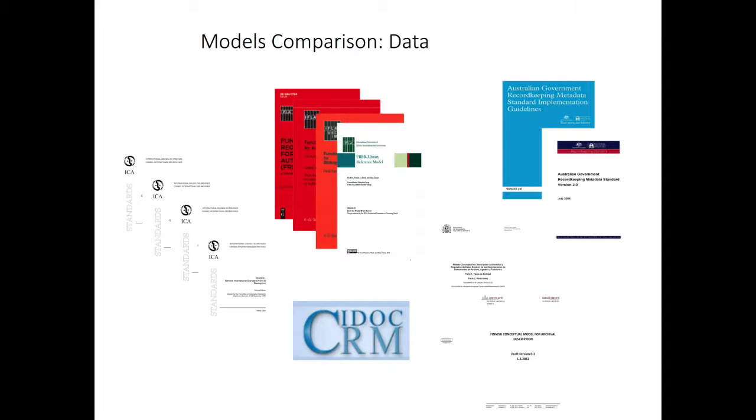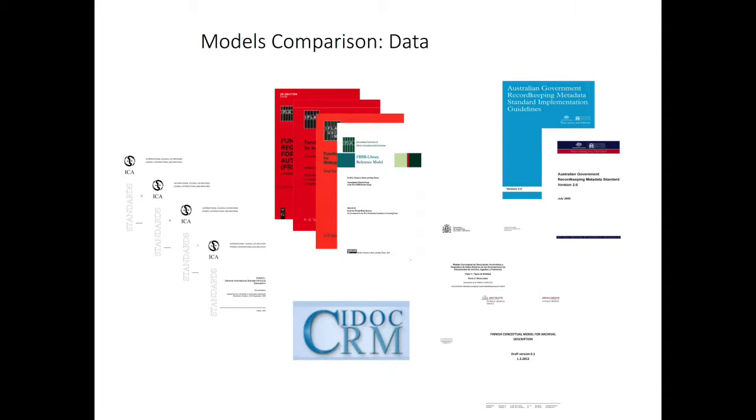We included models currently in development by Finnish and Spanish representatives, whose experience we're lucky enough to have on the group, and we heard from our Spanish colleague yesterday at a session about the work of the Spanish Standards Committee. And our area of interest, of course, is records and their context in the broadest sense, not only those that become archives. We included the Australian Government Record-Keeping Metadata Standard developed by the National Archives of Australia and related implementation guidelines.